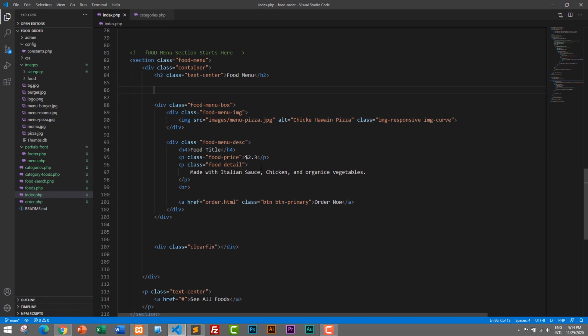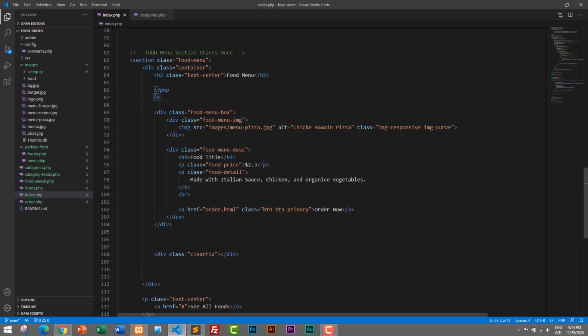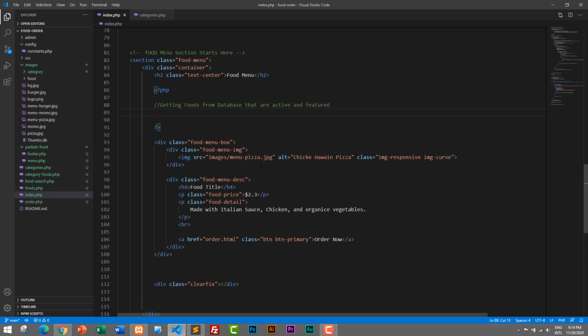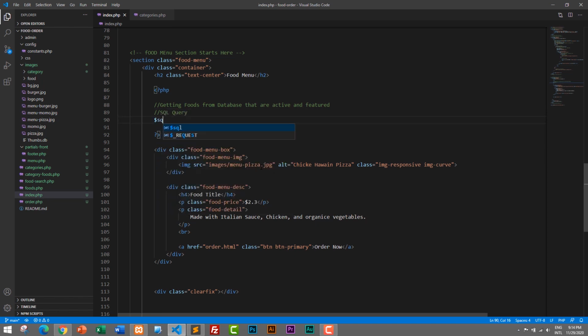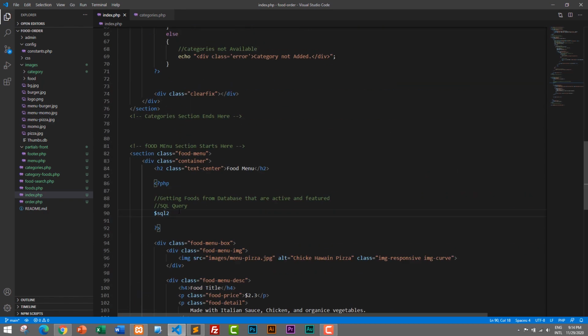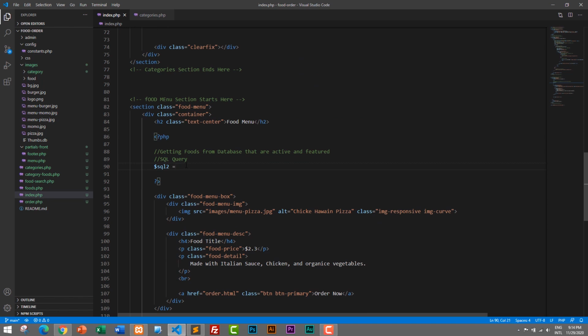Okay, so for that we will use PHP, open PHP, close, and then here first thing we'll do is add the comment getting foods from database that are active and featured. Okay, so and then here we will create SQL query. So $sql2, I'm creating sql2 because we have created sql here, so this will be sql2, and then query will be